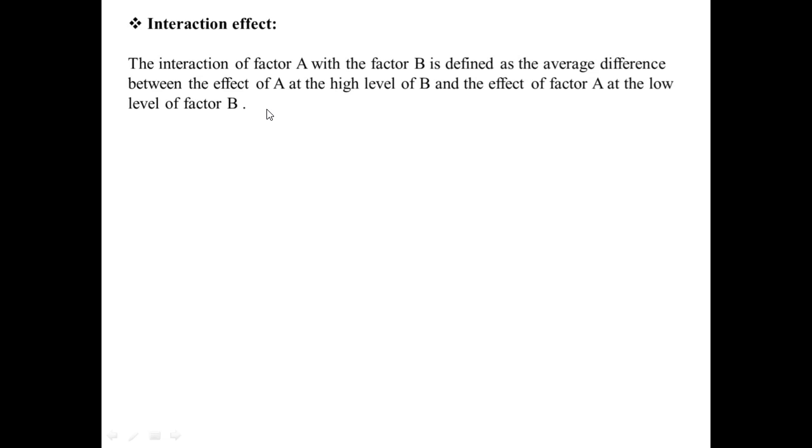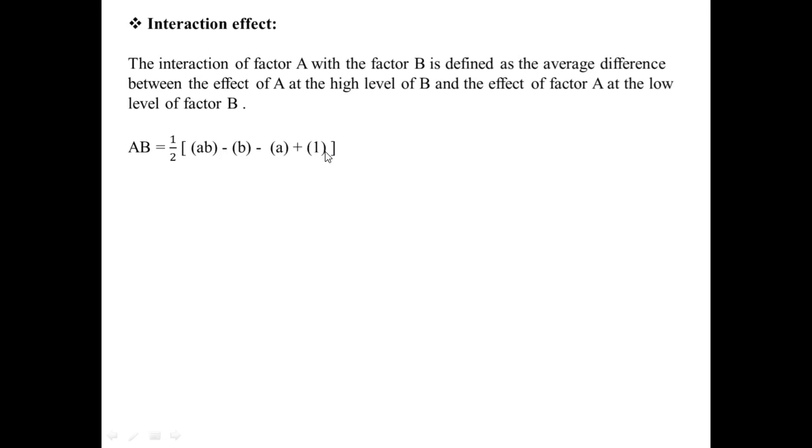So we have already found equation 1, equation 2, equation 3 and equation 4. With the help of those 4 equations, we want to find the interaction effect for factor A and factor B. So how do we get this? The interaction effect AB is denoted by capital A into capital B, and it is the average difference between the effect of factor A at the high level of factor B and at the low level. So we get 1/2 (AB - B - A + 1).